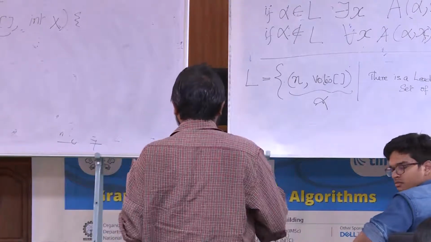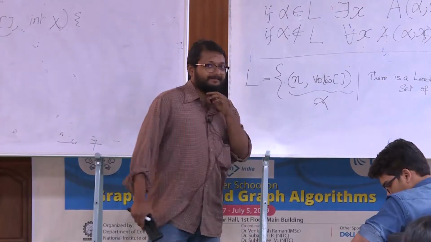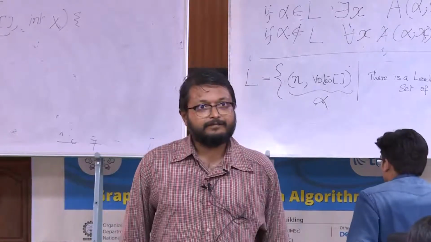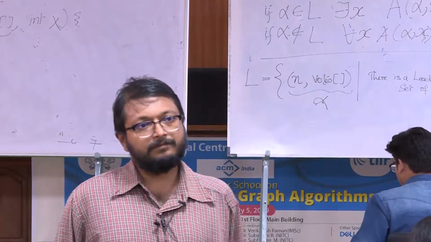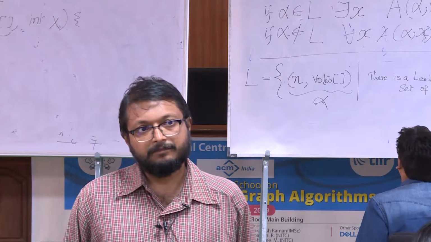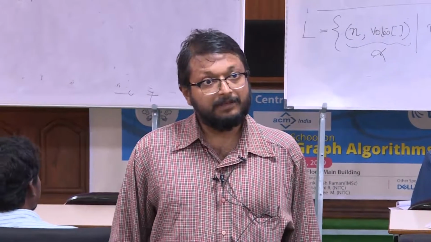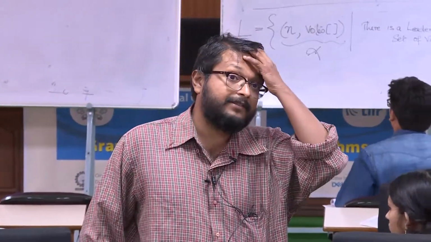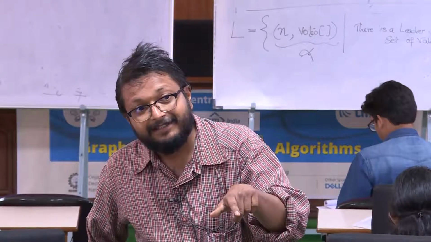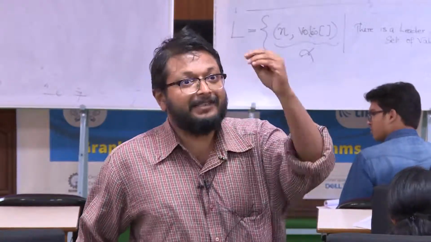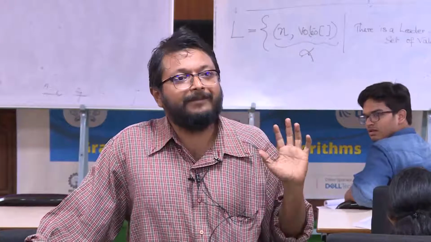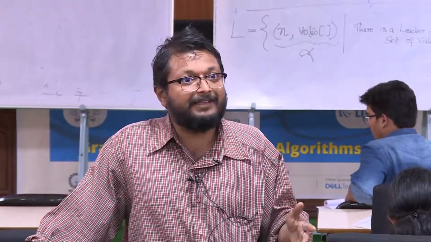One more case is that if alpha belongs to L, it need not imply A(alpha, x) equal to 1. Suppose alpha belongs to L, but to show the output equal to 1, we want an x. So one more case is there, alpha belongs to L, but no x we have. That's possible. If no x is possible, then even if alpha is in L, there is a situation where, see, I am a legitimate user, but I don't have a valid password. If that happens, then you say this verifier doesn't work.